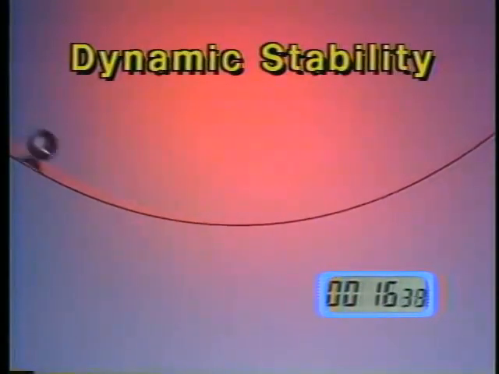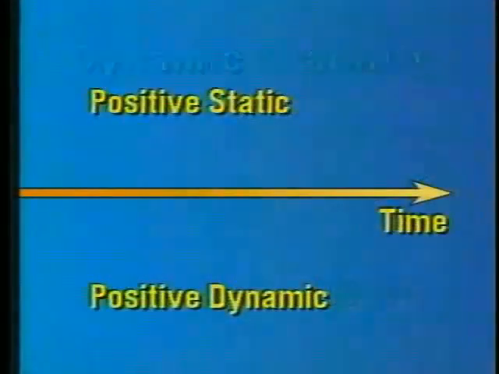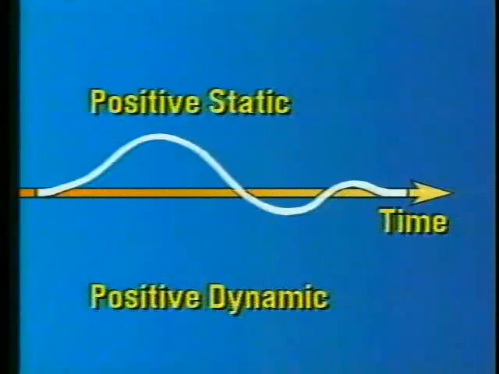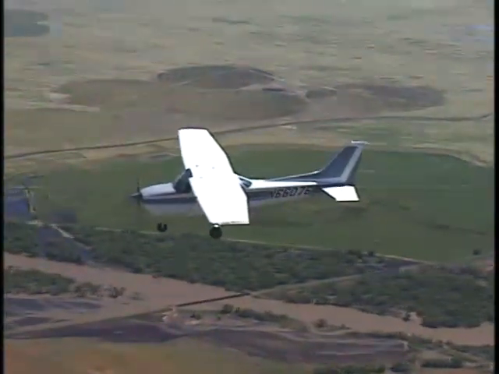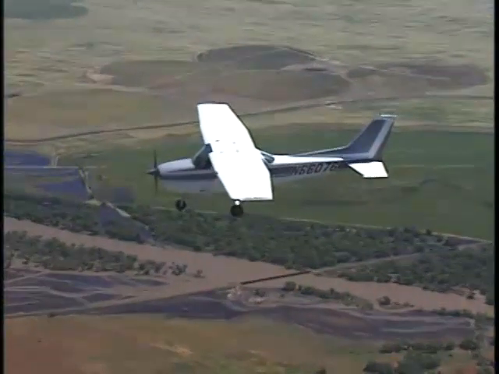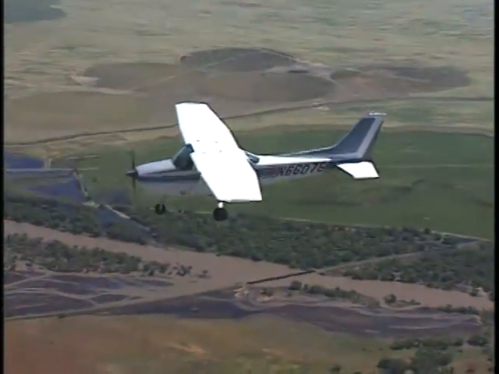How an object responds over time, as opposed to its initial reaction, is called dynamic stability. An airplane with both positive static and positive dynamic stability does not immediately return to its original attitude after displacement. Generally, it goes through a series of progressively smaller oscillations. Since an inherently stable platform is highly desirable, a training aircraft is normally designed to exhibit both positive static and